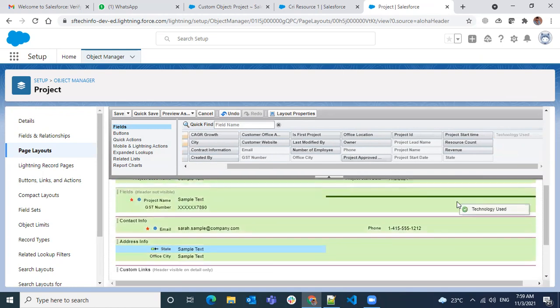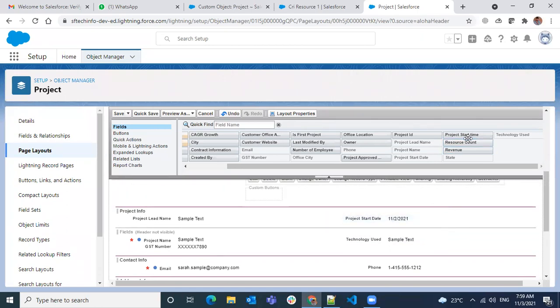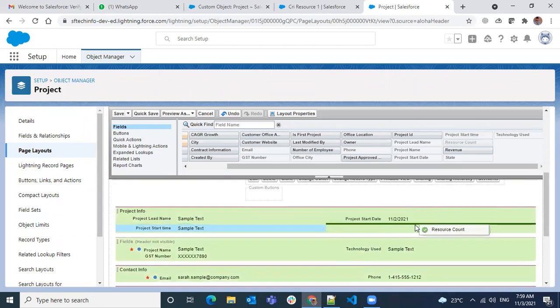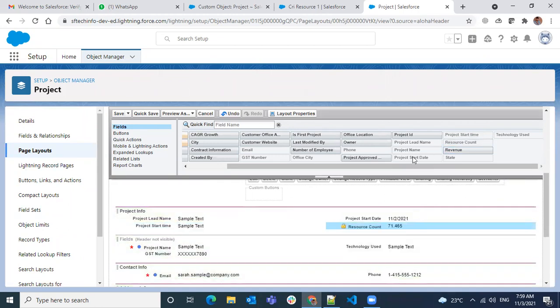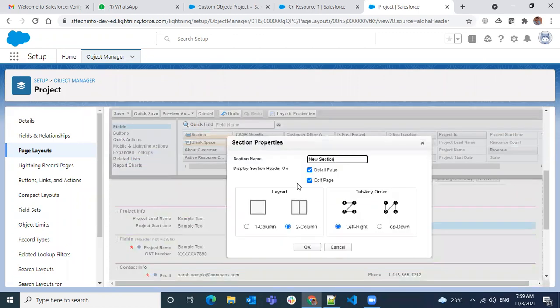Okay, technology used on the project. So project start time, resource count. I want to create one more section, resource info.